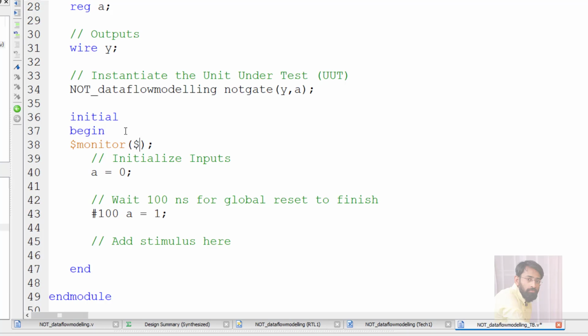Next, $time. $time is used to print the simulation time. I want to monitor y is equal to percent b, which means a binary value. Next, a is equal to percent b. It is the same as in C language. Outputs are y, inputs are a.